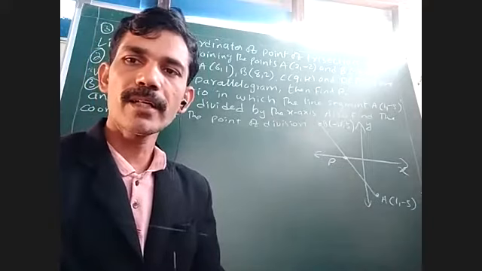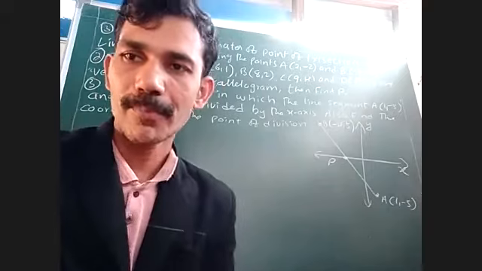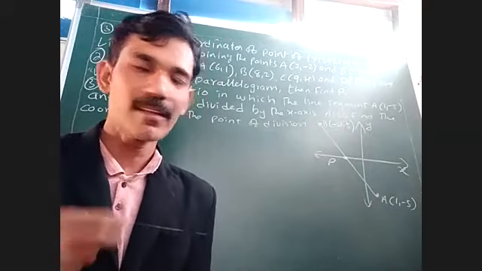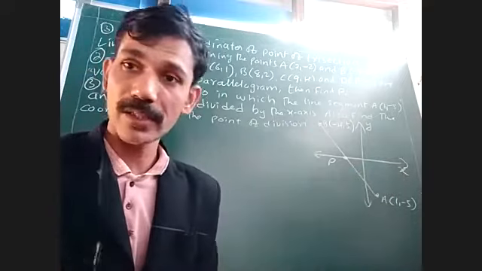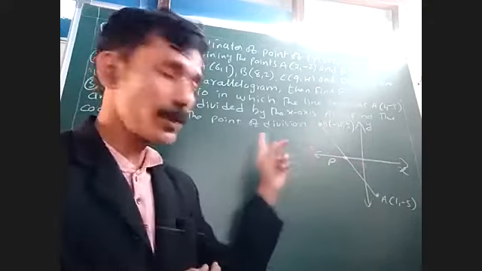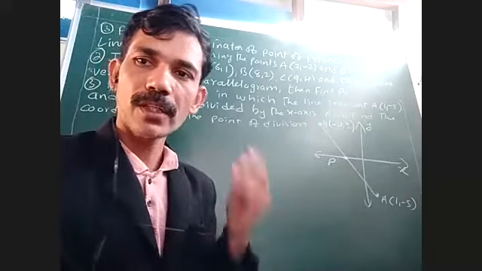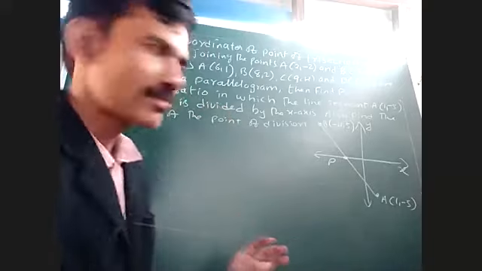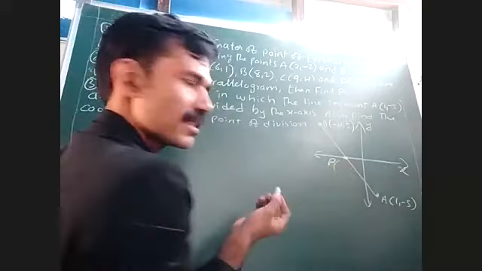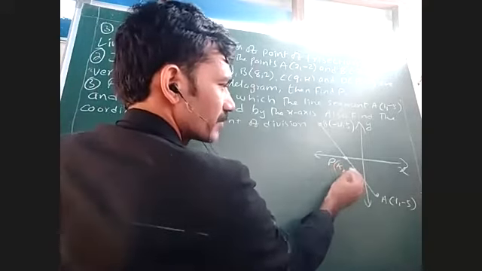See, any point on the x-axis means, how will the points on the x-axis be? The point on the x-axis will be (1, 0). If you go to the positive x-axis, (1, 0), (2, 0), (3, 0), like that. If you come to the negative x-axis, (-1, 0), (-2, 0). The common property is the y coordinate is 0. So we'll have some x coordinate, so we'll write some (k, 0), like that we'll take.